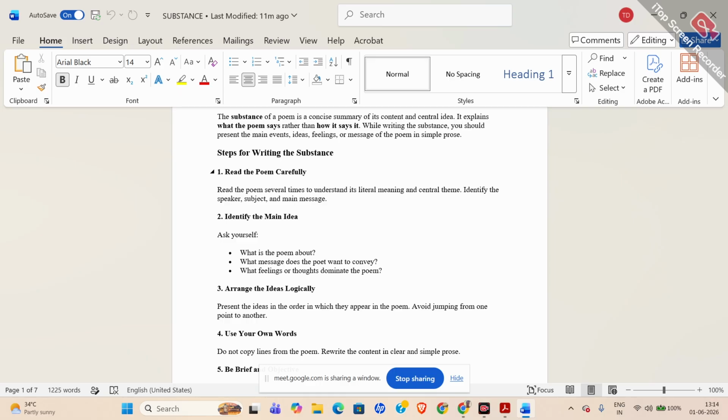So the speaker, who is the speaker? You might be able to identify whether it is a man or a woman, or whether it is the poet himself or herself speaking in a kind of, you can say, her own narrative voice, like that. Subject, what is the subject, বিষয়টা কি, কি নিয়ে কথা হচ্ছে এখানে? And main message, there might be at the end of the poem, towards the end of the poem, for example